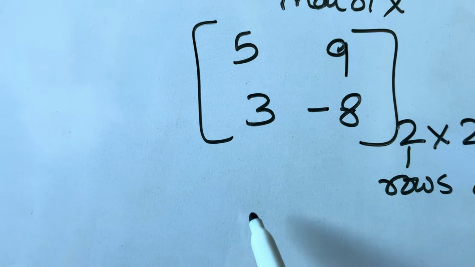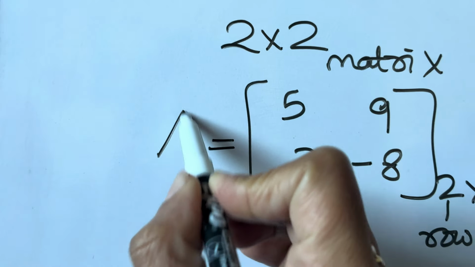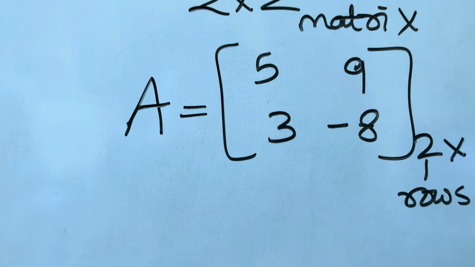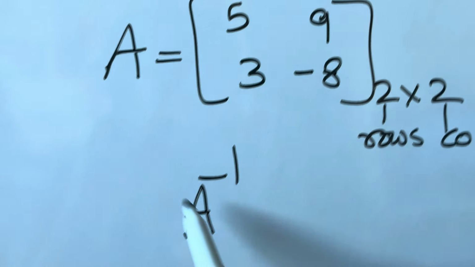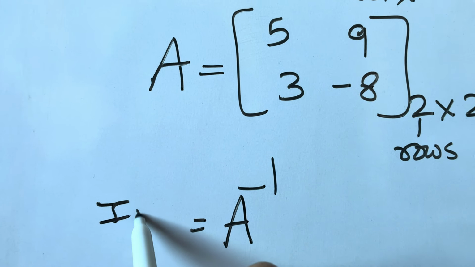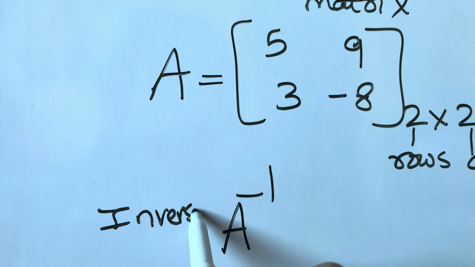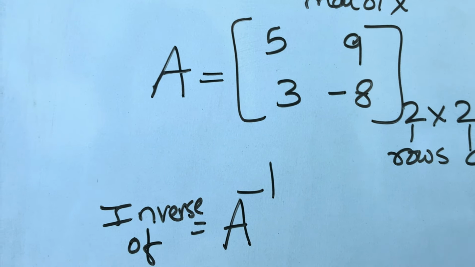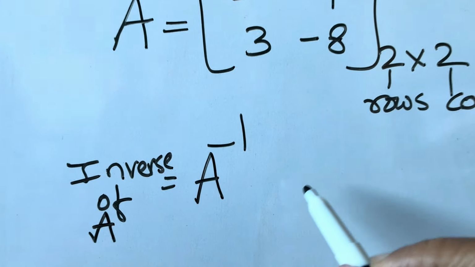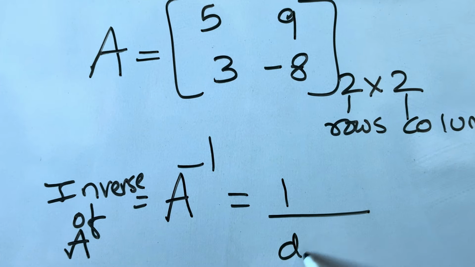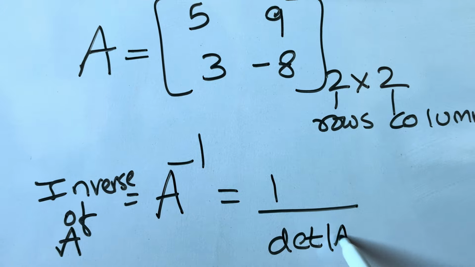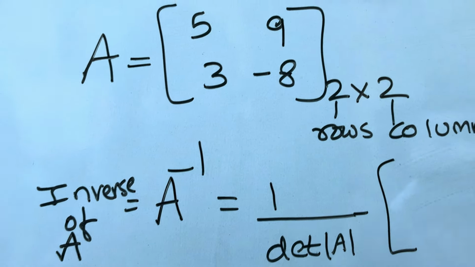So let's first indicate this matrix with A, and I'm going to write down the formula for finding the A inverse as A to the power minus 1, which is the inverse of A is indicated by A to the power minus 1, and the formula for that is 1 by determinant of A multiplied with